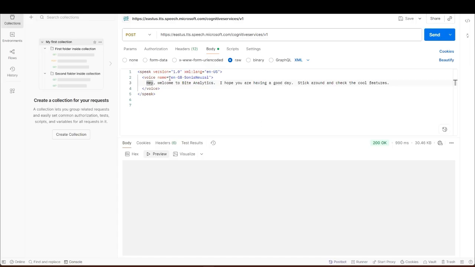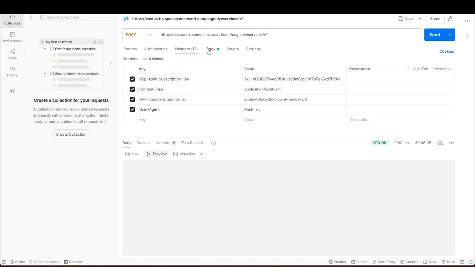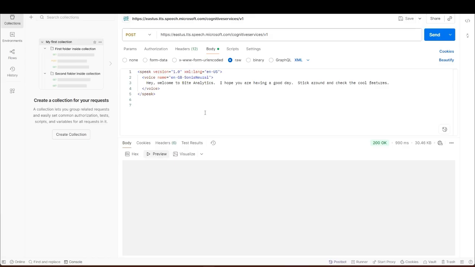Notice here I've changed over the voice, so I've actually gone for a different voice here. This time I'm using English, Great Britain, as in United Kingdom, and then Sonia Neural. This is going to be a different voice. And with that, I can actually send this request. So I've set up my headers, which is the additional metadata. I've got my body, which is the actual message of what's going to be sent. And I've got my API specialized endpoint, which I've specified at the top. So if I click on send,